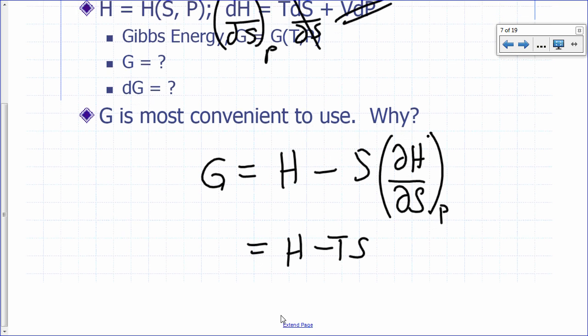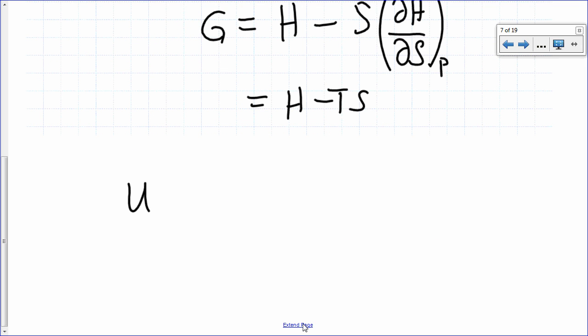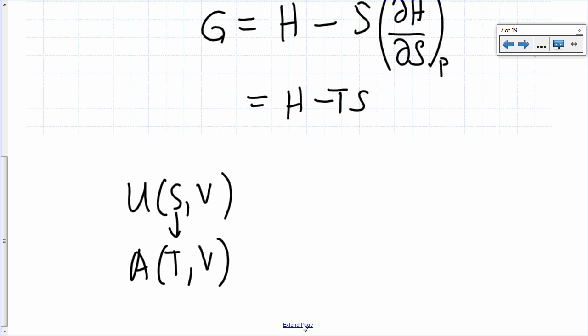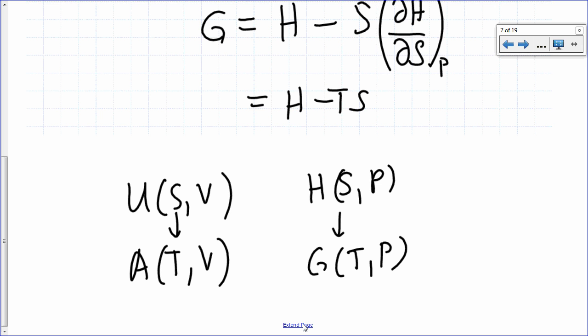So you can see the similarity. U is a function of S and V, right? A is a function of T and V. And H is a function of S and P. G is a function of T and P. Okay, so in going from U to A, you're doing a Legendre transformation. In going from U to H, you're doing a Legendre transformation. In going from H to G, you're doing a Legendre transformation. You can also imagine that you could do a Legendre transformation going from A to G. Okay? So those are,